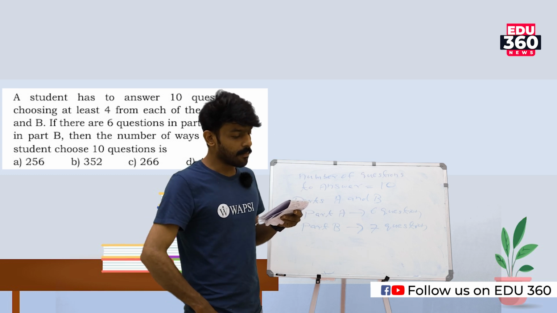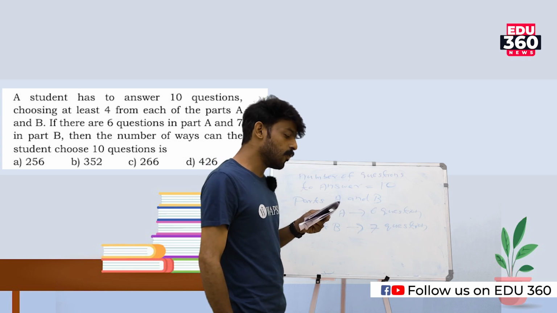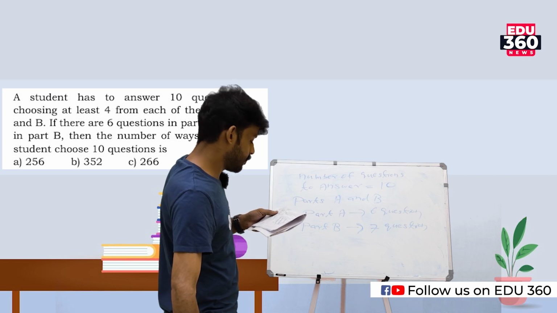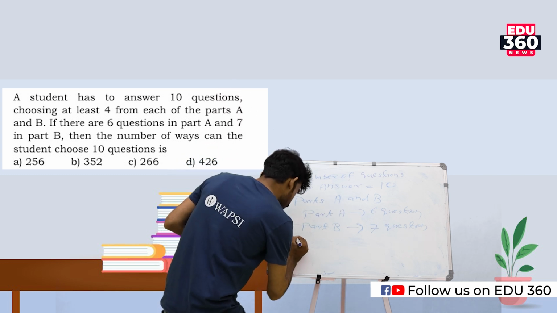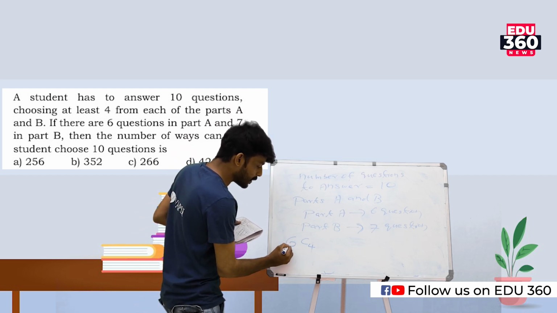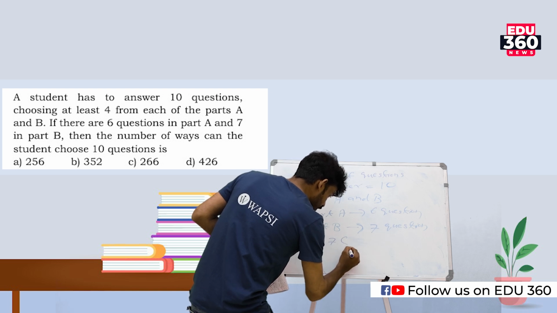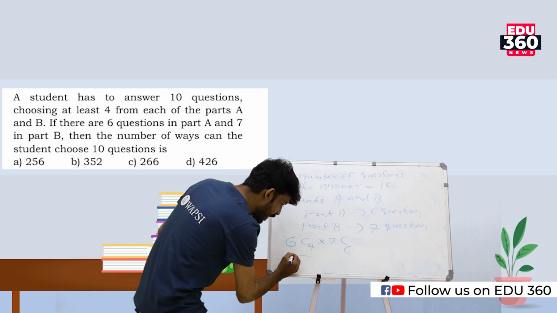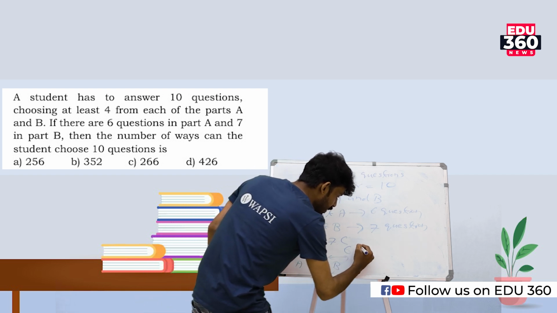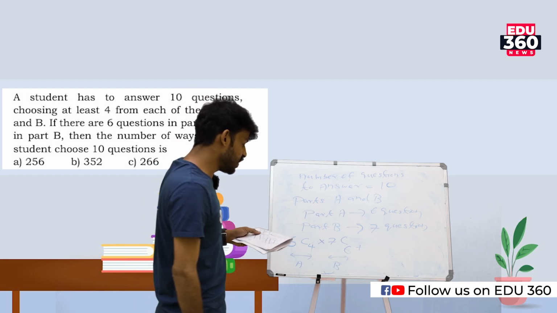Then the number of ways the student can choose 10 questions is, it's already given at least 4 from each of the parts A and B. So we can write the answer as 6C4, because this is for part A, into 7C6, which is for part B. So these are the number of possible outcomes. So 6C4 into 7C6 plus